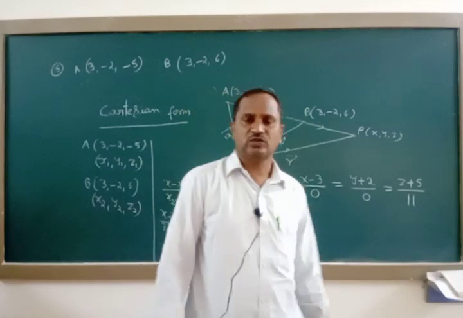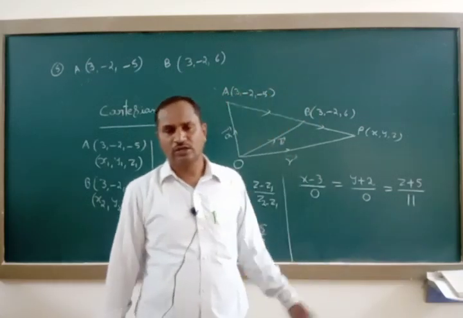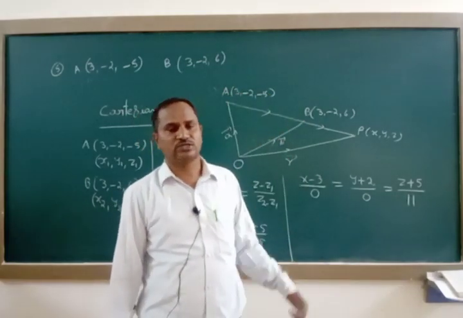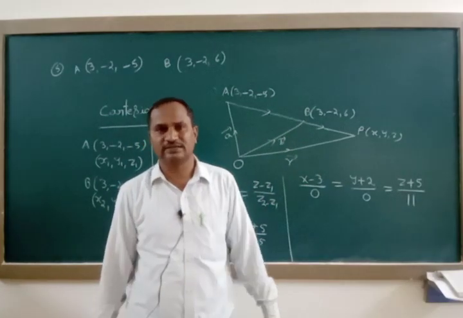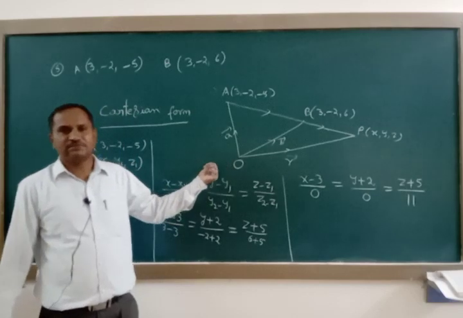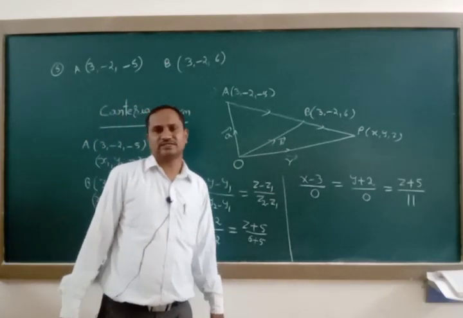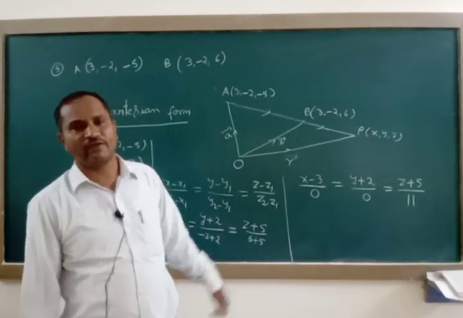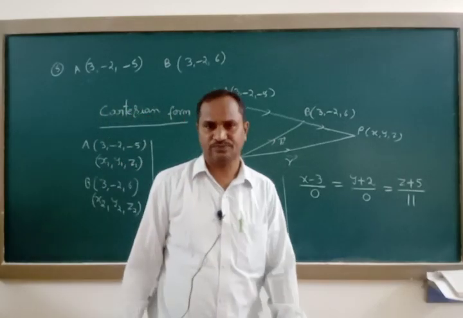Before that, we finished the problems where a line must pass through a point and be parallel to one vector. In both vector and Cartesian forms, we finished all types of problems in that case. Now, in the second case, whenever a line must pass through the given 2 points, we have finished the problems in both vector and Cartesian forms also.